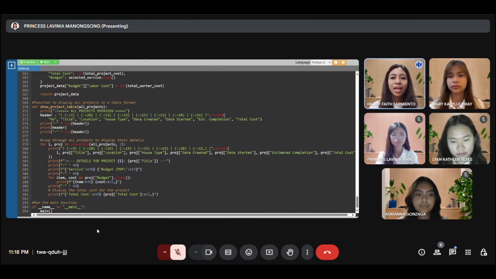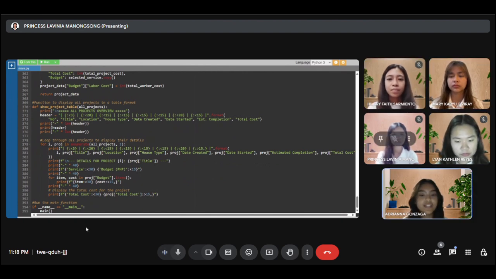It starts with a header showing key project information, then loops through each project to present its basic details like title and location. It also includes a breakdown of selected services with their costs and shows the total cost for each project. Our purpose and benefits: our main goal is to make the budget estimation easy and accessible